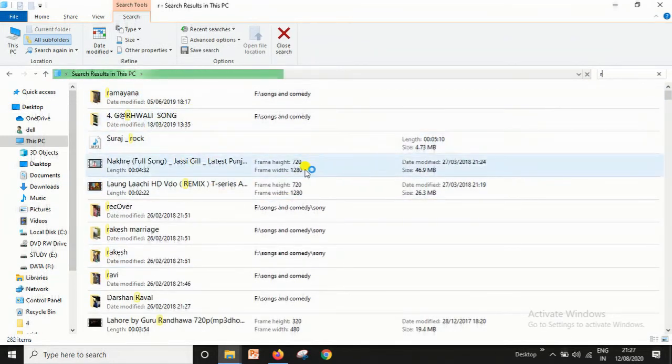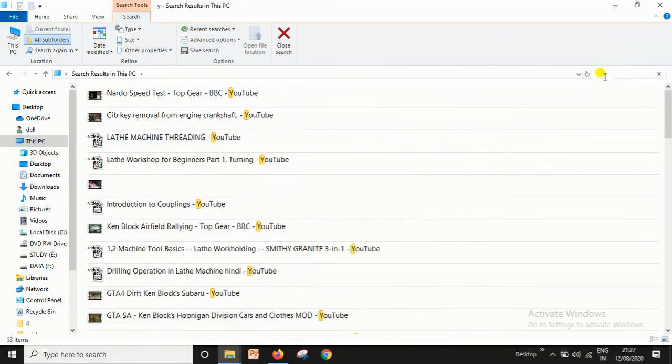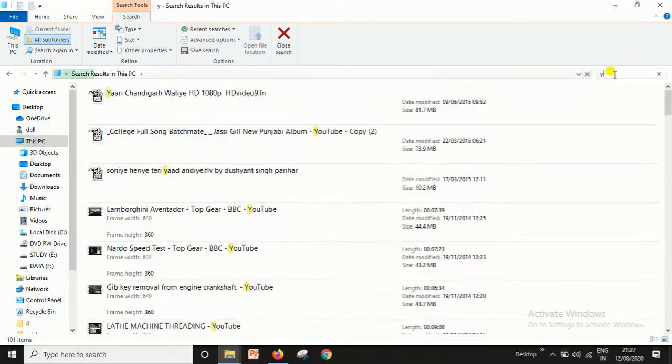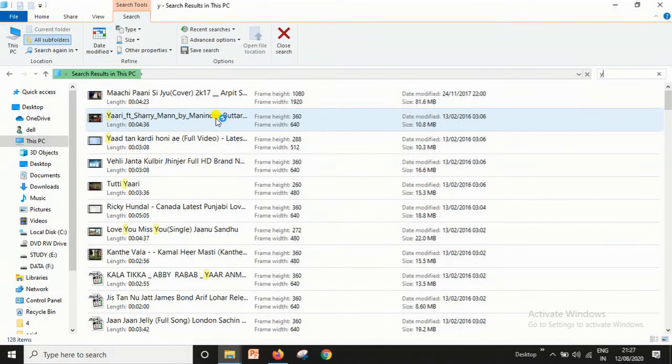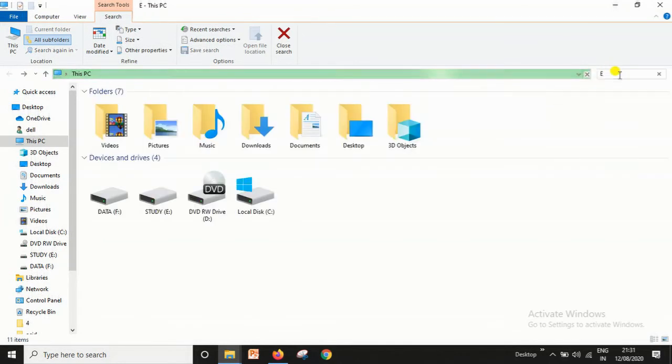So by this method you can search any file. Or if I want to search a file that starts with Y, I type Y here and the files containing the letter Y are all mentioned here. So in this way I can search any file and folder, right? I'm typing in English.